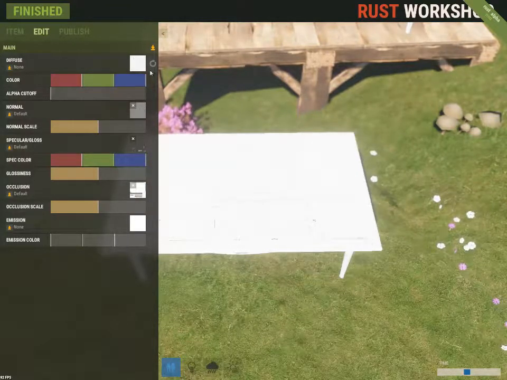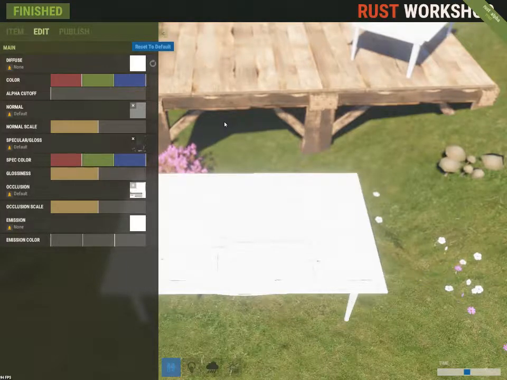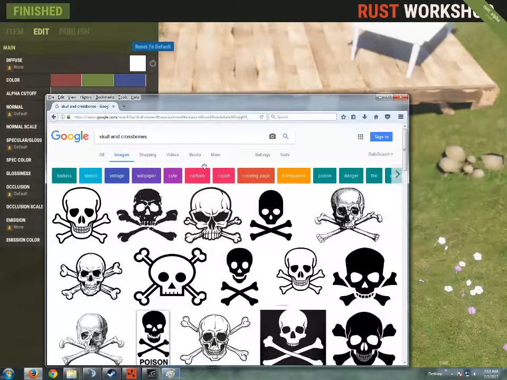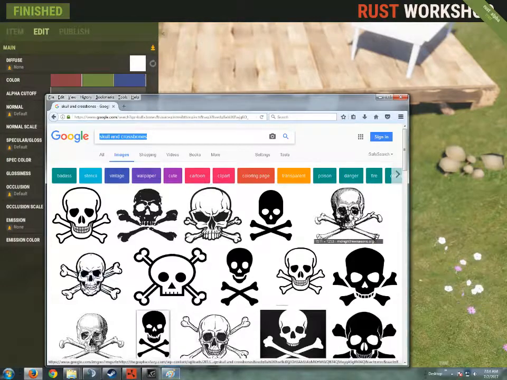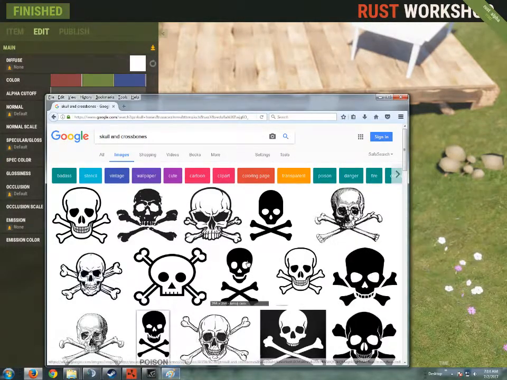Now, you'll need a graphic to put on the table. If you don't already have a graphic, you can make one, or you can pick some out from Google's image search, which is pretty easy. You just open a browser, go to Google image search, search what you want, right click whatever image you like, copy image,